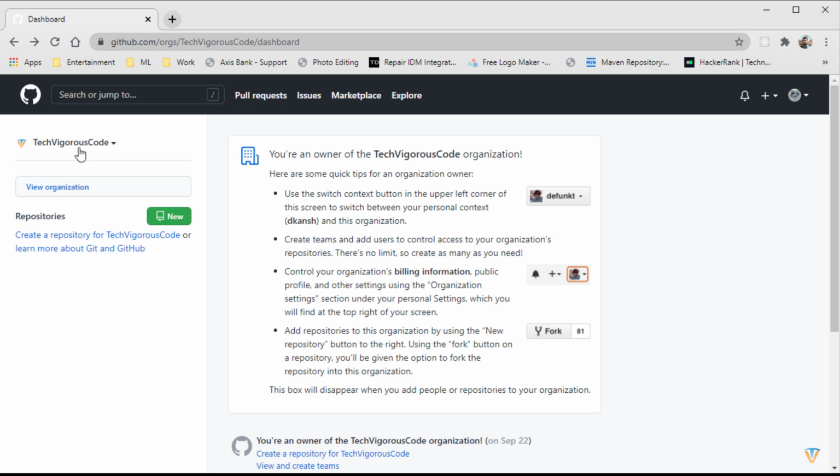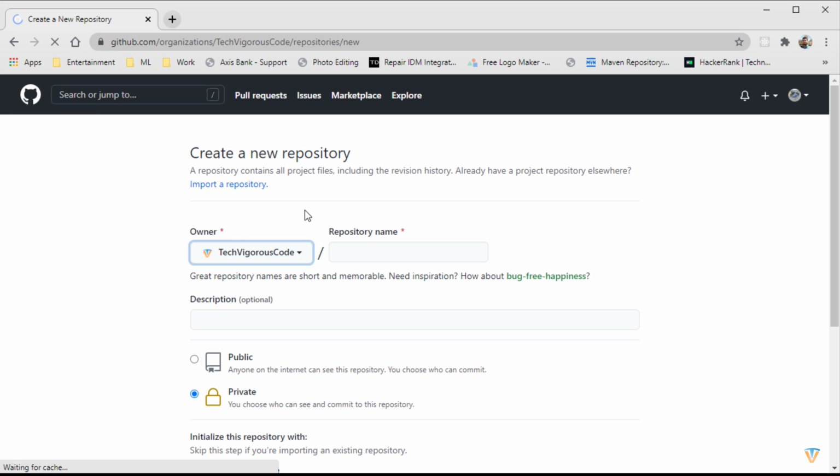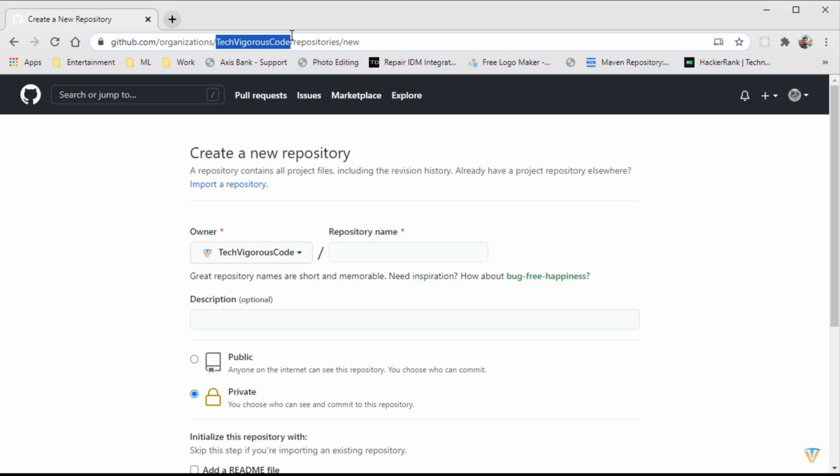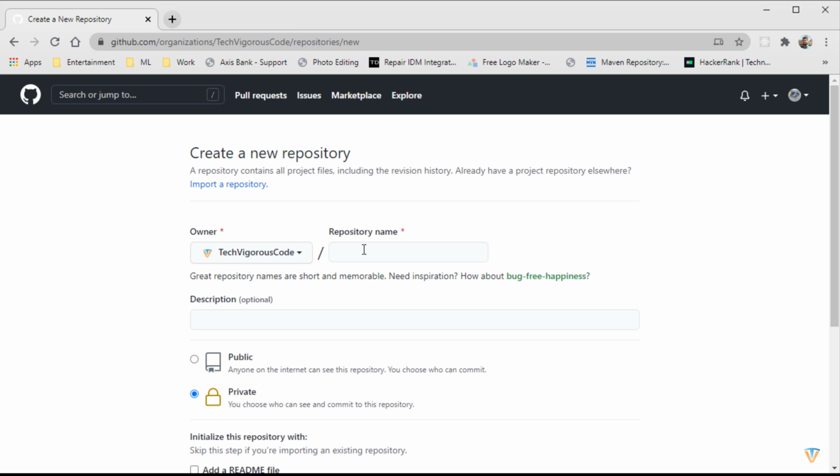So here I have created a GitHub account already. What I'm going to do is create a repository where our code will be stored, all our static code will be stored over there, and then it will be served from there. So for creating a repository, I'm going to follow the repository name as my account name dot